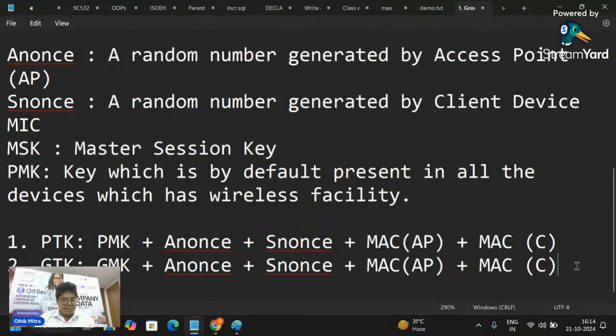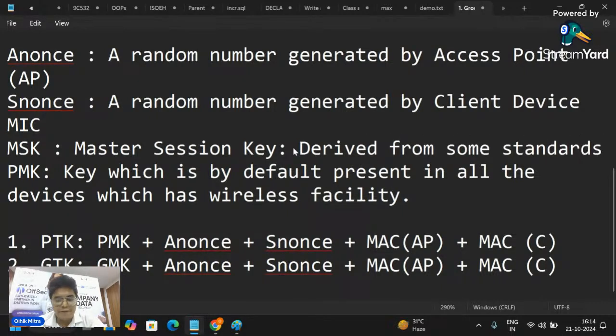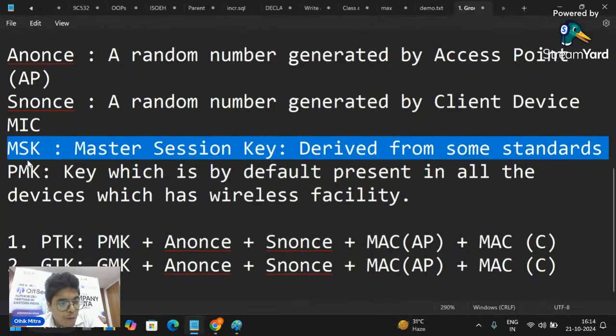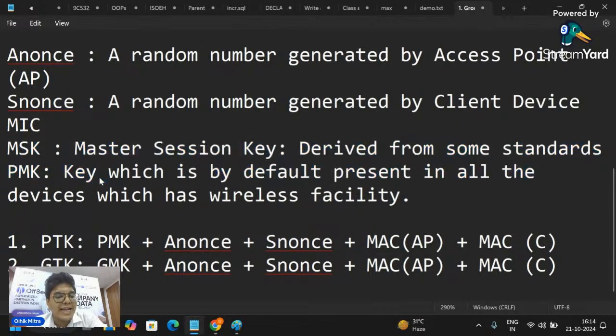Okay. Now what is MSK? That is master session key. MSK is basically derived from some standards, and this is the top level key of any WLAN. It is the top level key of any wireless LAN.